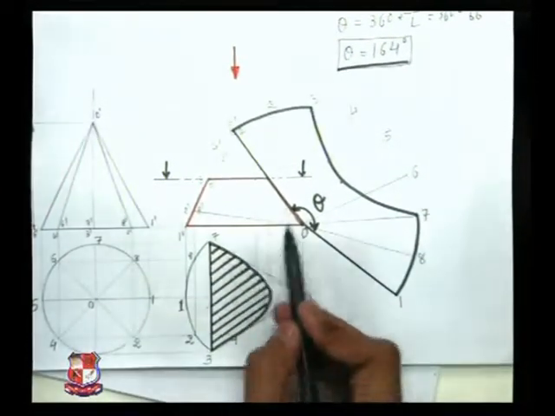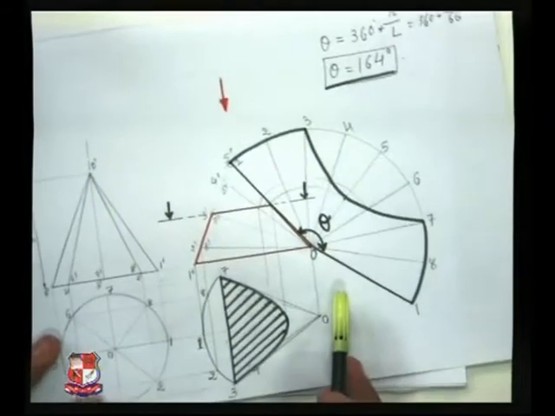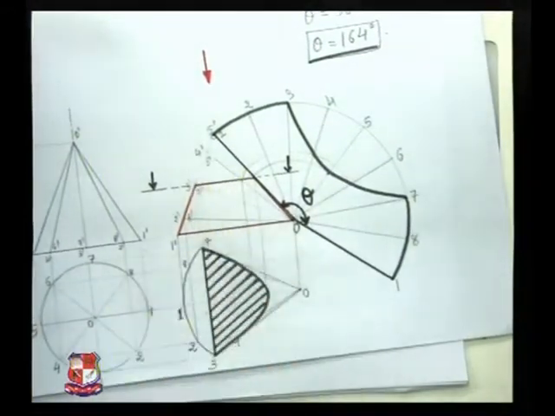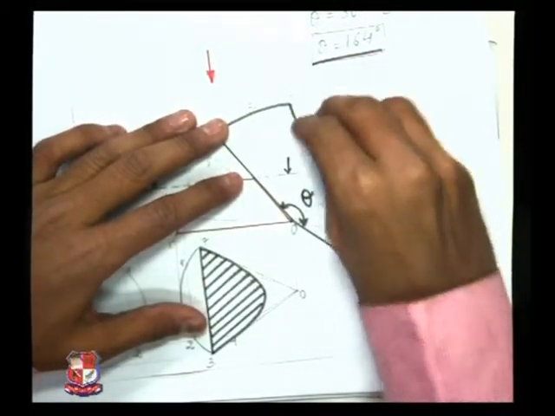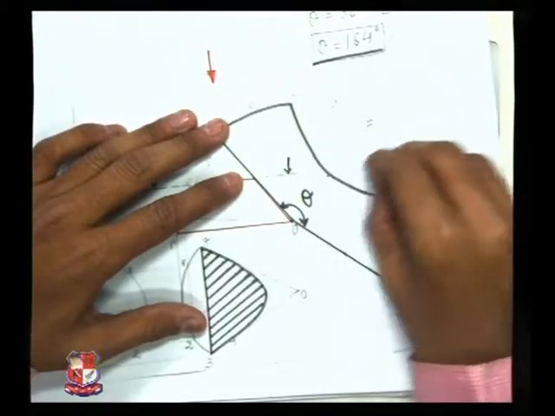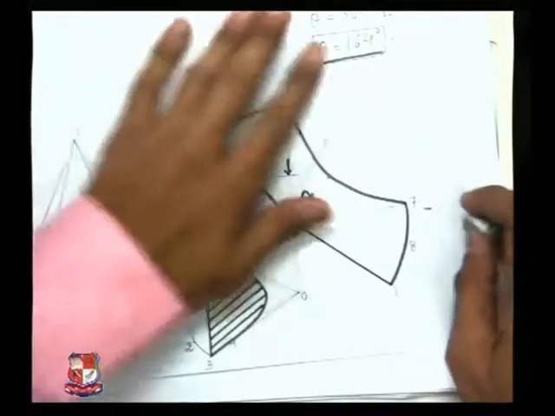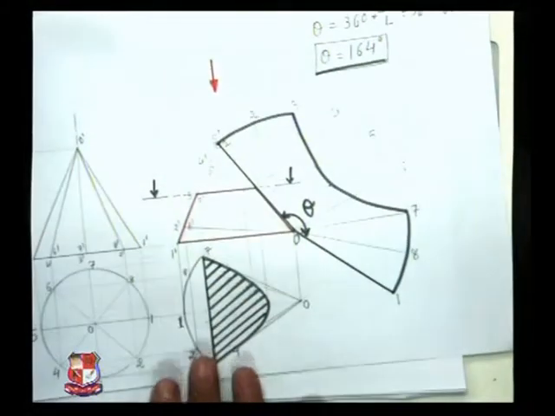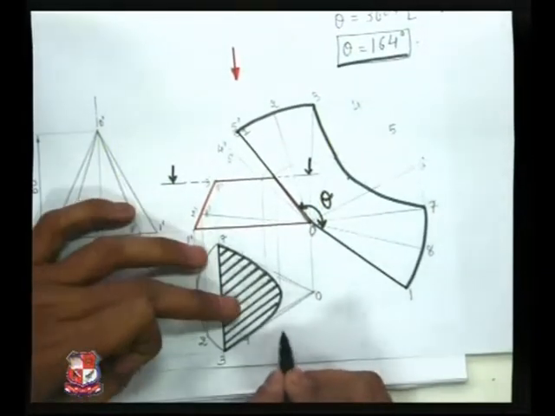The area covered by these black colored lines and curve shows the development of the cone if it is cut at this angle. Now this portion, which is not important to us, should be either lightened or removed. We can erase it or make it very much lighter to differentiate that it is a removed portion. And you can write here the names of the views.